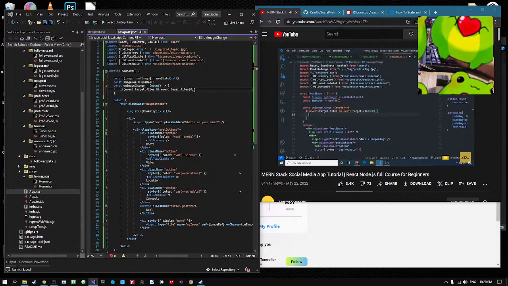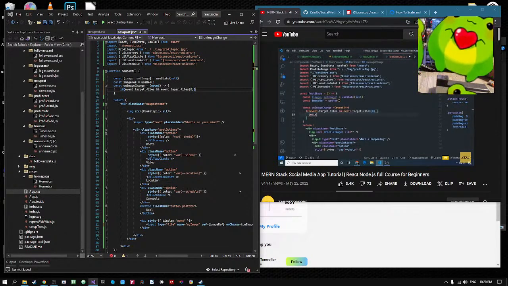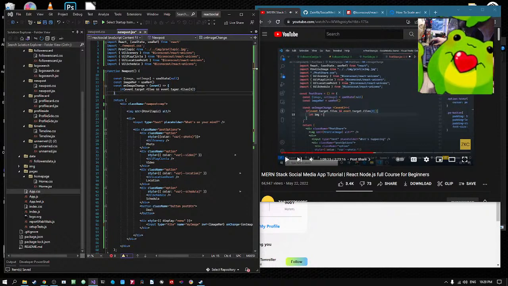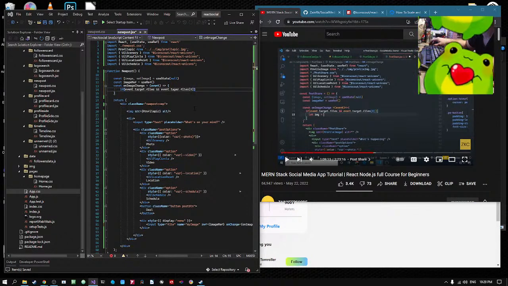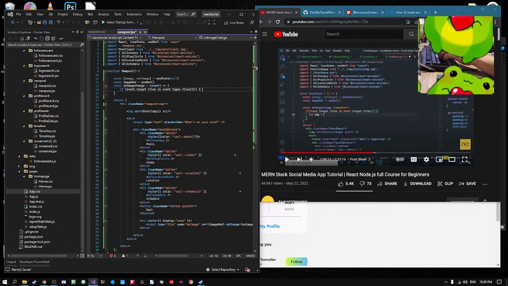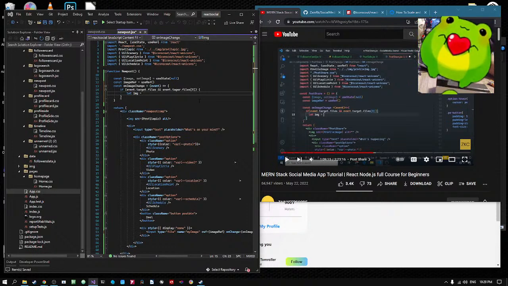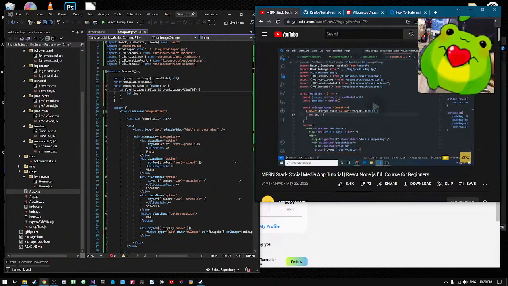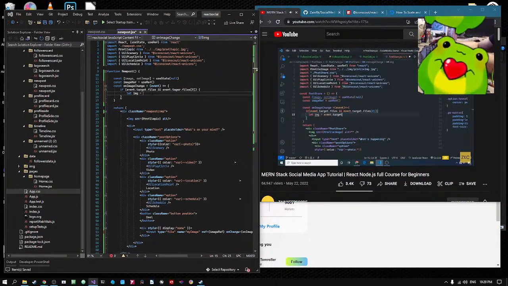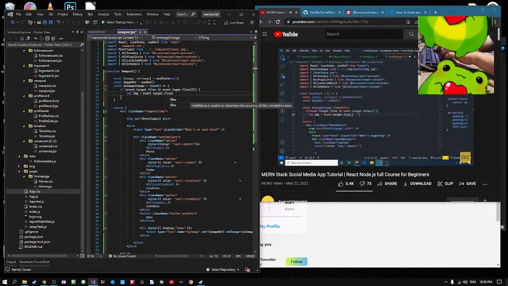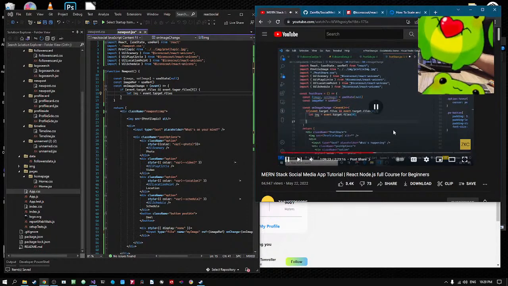Then let's make an image object which will be equal to event dot target dot files and the index of 0,